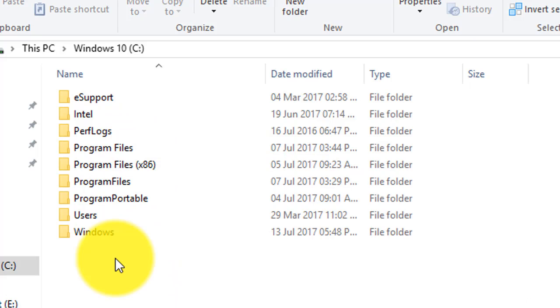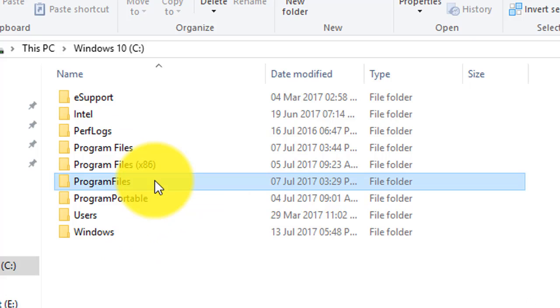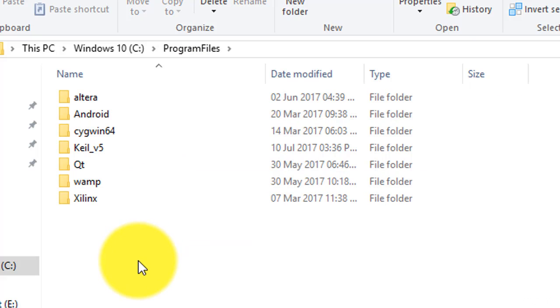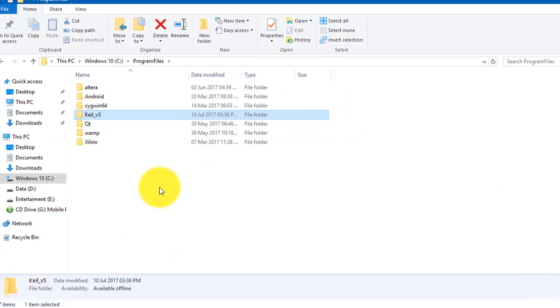You can install Keil in another folder without a space, for example, Program Files without the space. Actually, I usually install software that cannot be installed in a folder with a space in this folder. This is my Keil installation folder.